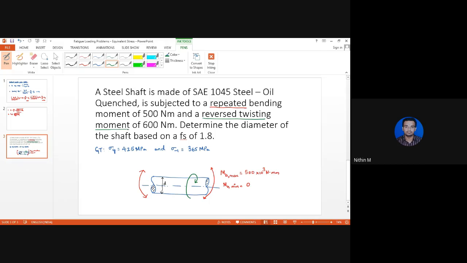So what do you mean by reversed? The magnitude remains the same, whereas the sign of the magnitude is changing. Thereby Mt max, that is the maximum twisting moment, is 600 into 10 raised to 3 Newton millimeters, whereas the minimum twisting moment, Mt minimum, is